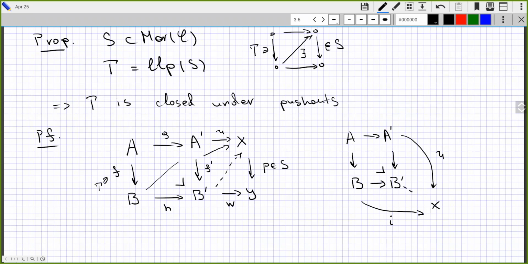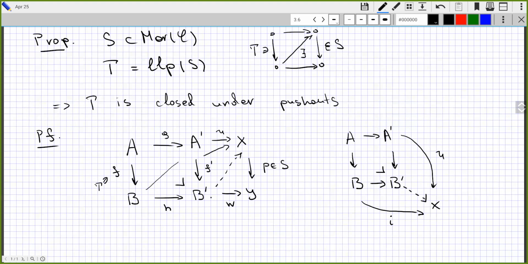Well, so here we just see it's universal by the universal property of the pushout. There exists a canonical morphism, and therefore